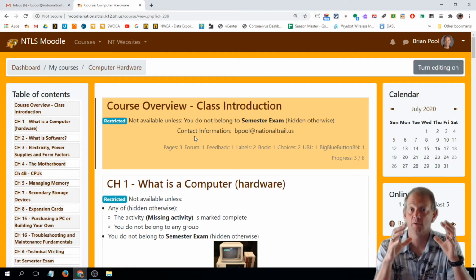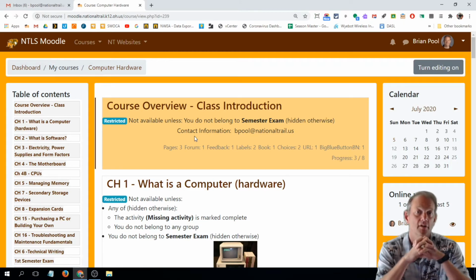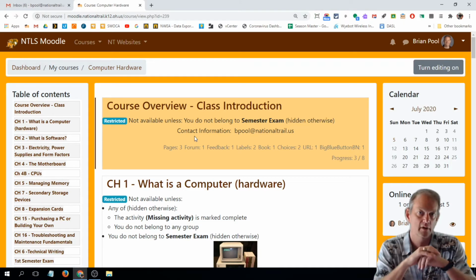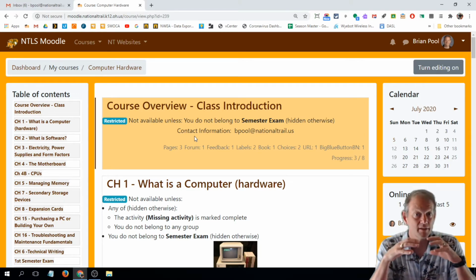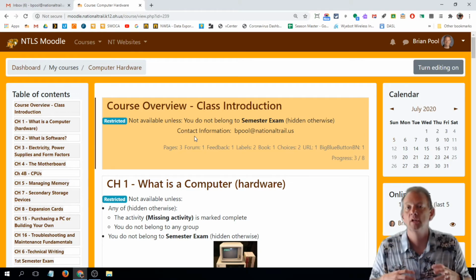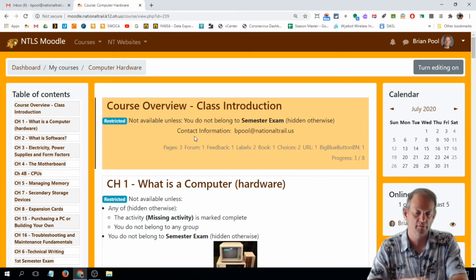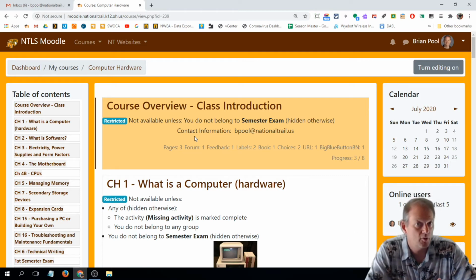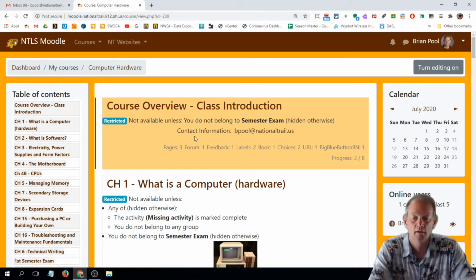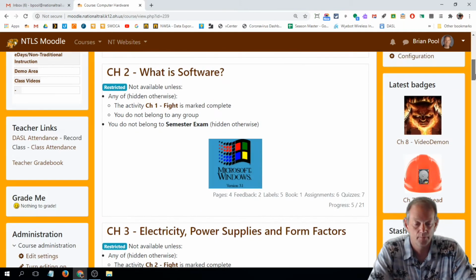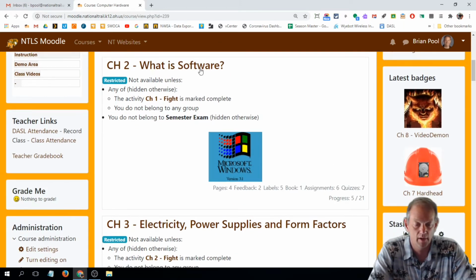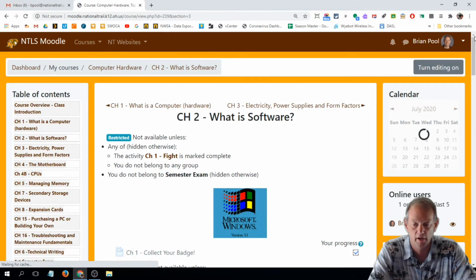Hi, the last thing we wanted to talk about in Moodle organization is using your course calendar and the positive effect it has for students to be able to see what's upcoming, what's due, well in advance of things. So most people already do this, but many people don't, and that is to just put dates in assignments. So I'm going to go ahead and go down to my chapter 2, what is software, and just click on